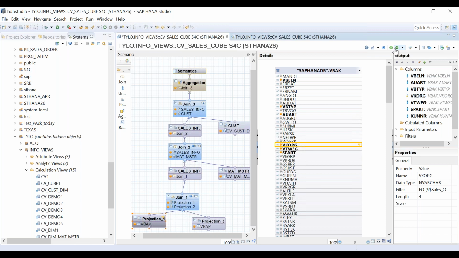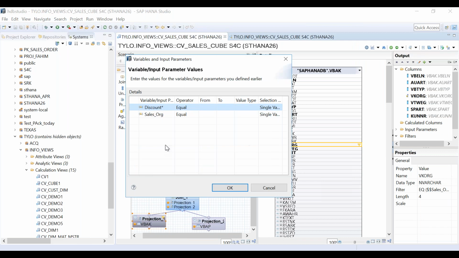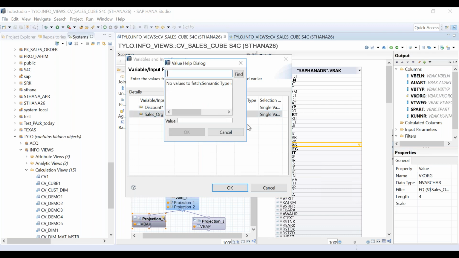Click on activate. Activation done. Click on data preview, and then you see here sales org is also coming. So what is the discount? I want to see the discount, and at this moment click here. Okay, nothing is coming.